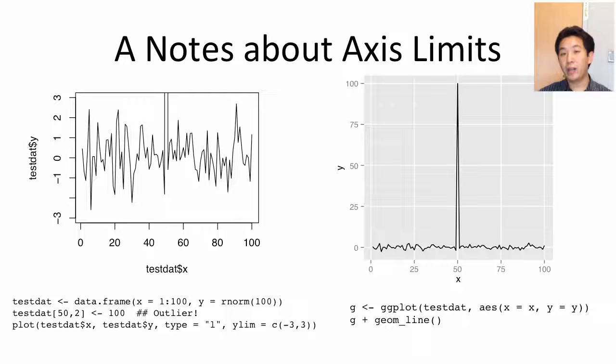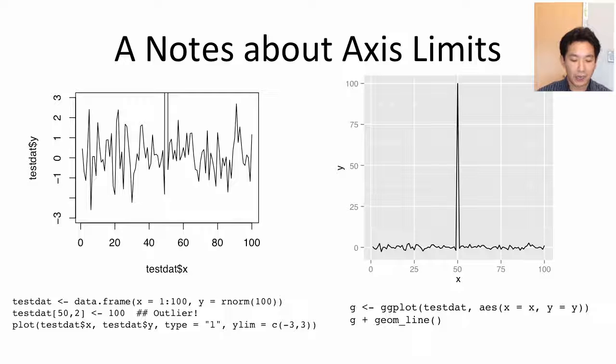So there's one thing that's worth pointing out, which differs in ggplot than it does from, say, the base plots, is that if you have a plot where the data exceed the limits of the plot, the behavior between base plot and ggplot can change a little bit. So here on the left-hand side, I've just simulated some data. So this is normal data. And I've intentionally introduced a little outlier here. So in the 50th data point, I've just changed that value to be 100. So now there's this random series of noisy data, and then right in the middle there's a point